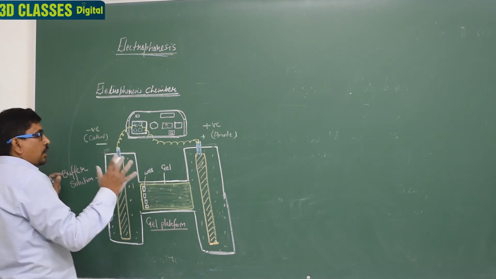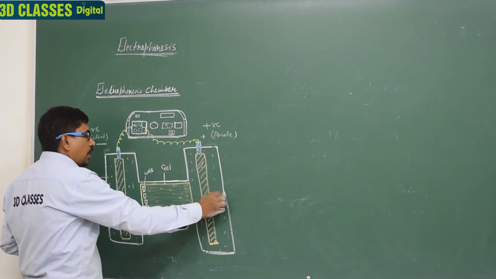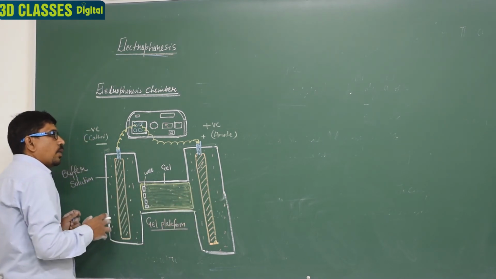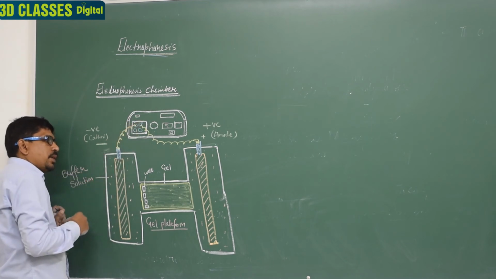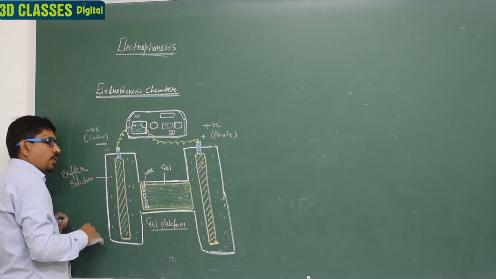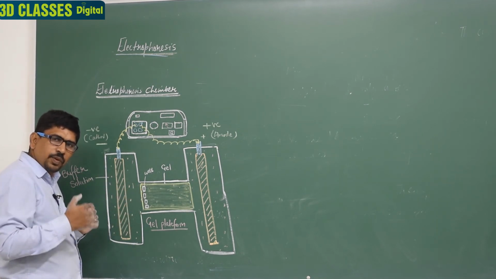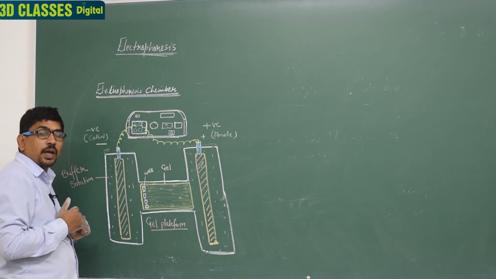Clear? This is a chamber of the electrophoresis, and the electrode, when we provide the electric current, and then the movement of the ions from negative to positive. In this well, we pour the DNA. We pour the DNA with a dye that is known as the